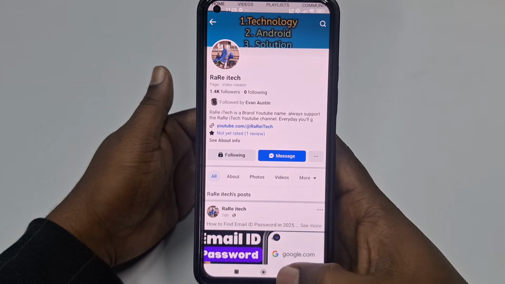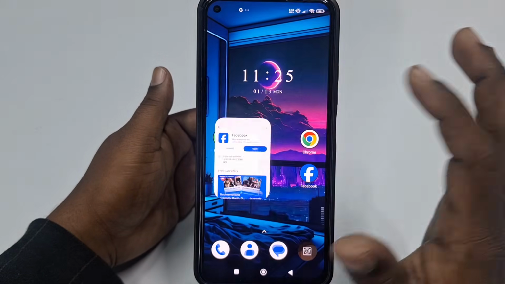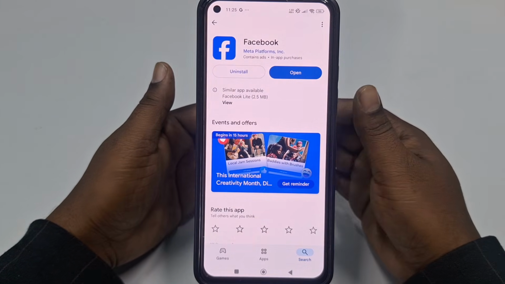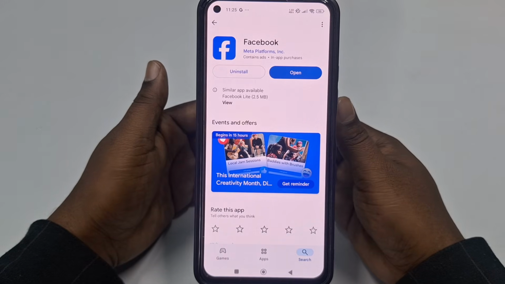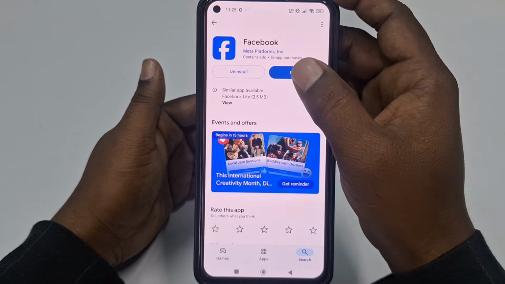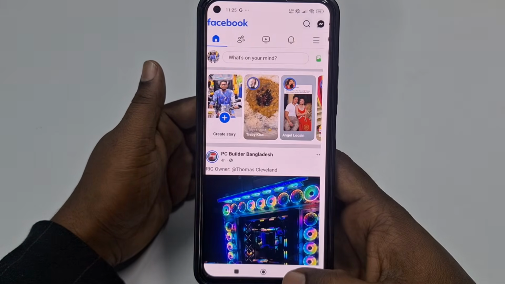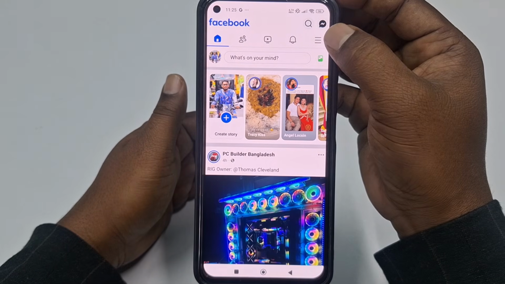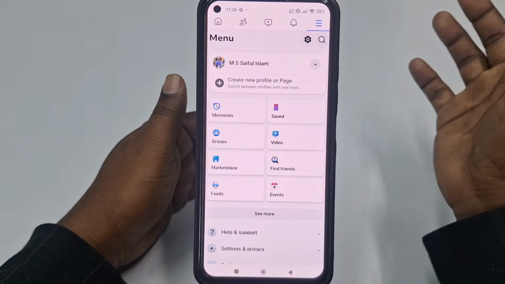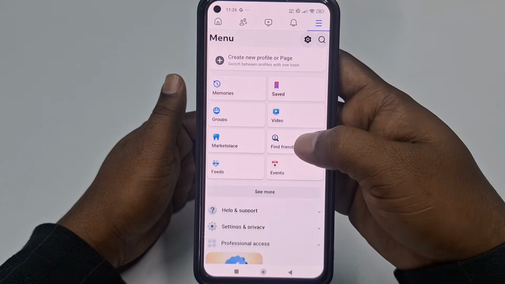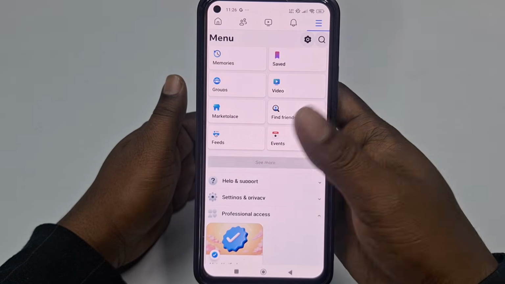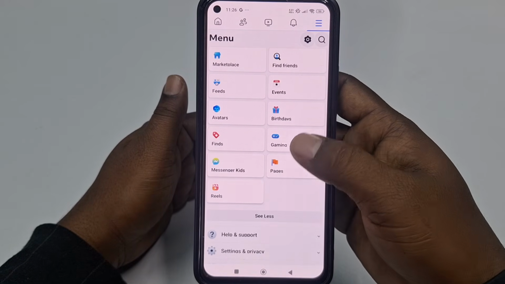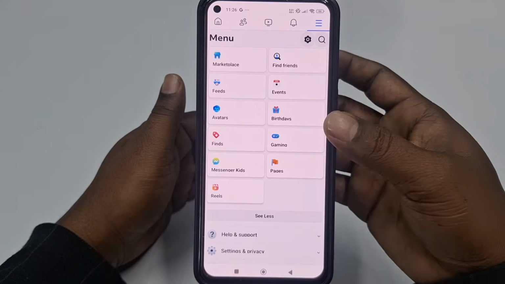So first of all you will need to go to the Play Store, and after that you need to update your Facebook application first. After updating it, just click the open option, and right now you can see the three dot line here, so you need to click here and then scroll down, then click the see more option. After that you can see the page option here, right? So just click on it,